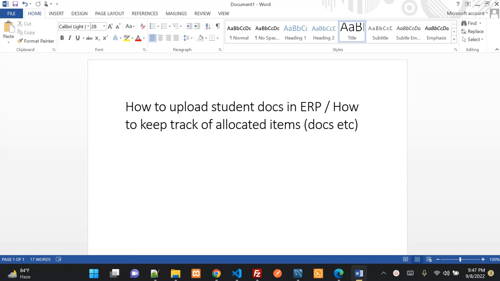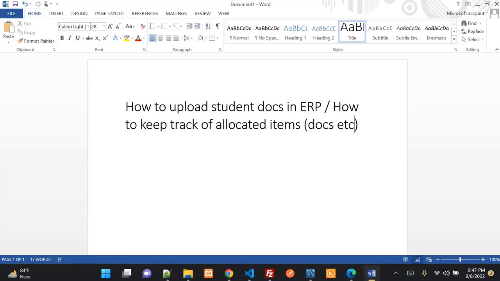Suppose a new student comes, we are taking his admission, and we collect his transfer certificate. So, we will store it physically somewhere in a file or something. We also want to store this TC online so that we can retrieve it when we need it. So we can do it in our ERP so that when we need it, it can easily be retrieved. Second point,